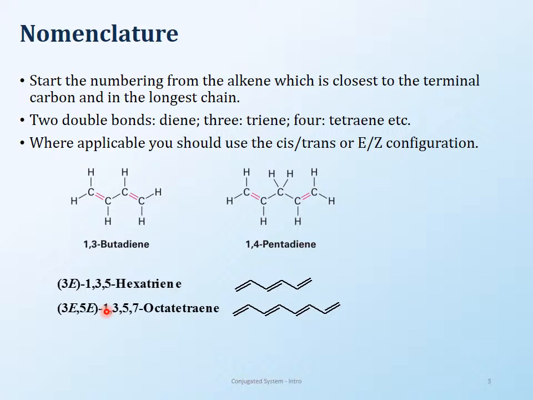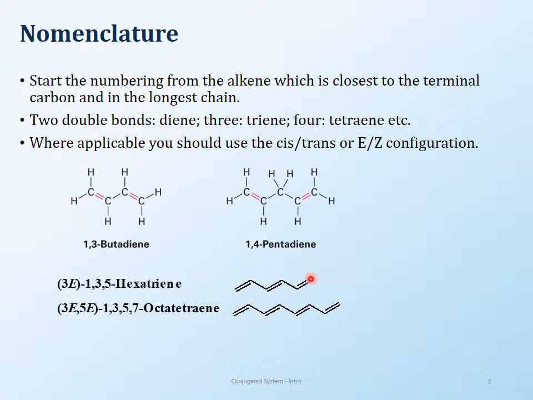Now, the one thing about double bonds that you should remember and not get tricked into is this: if you have terminal double bonds, and sometimes this happens also in internal ones, this is an internal double bond, these are terminal ones, and if you have two of the same substituents on one of the carbons, it is neither cis nor trans, or E or Z. Okay, so in this case, the first double bond here and the last double bond here cannot be classified into